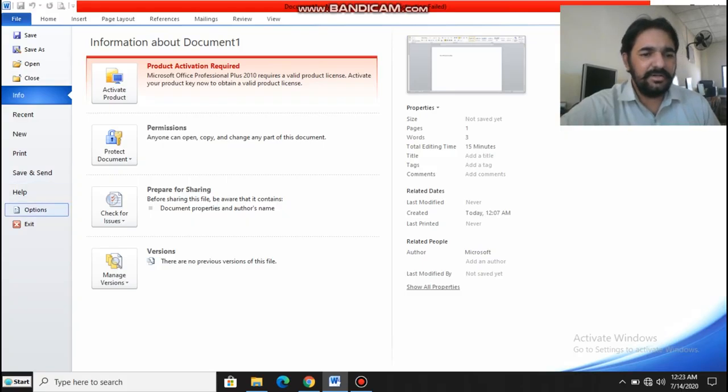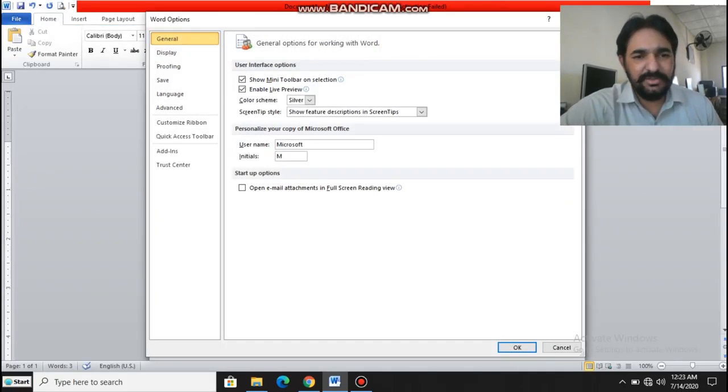When you press the option button, you can set each and every setting according to your need, and what option you want enabled or disabled. General setting is there, show mini toolbar on selection, username, initial, and so many other options.